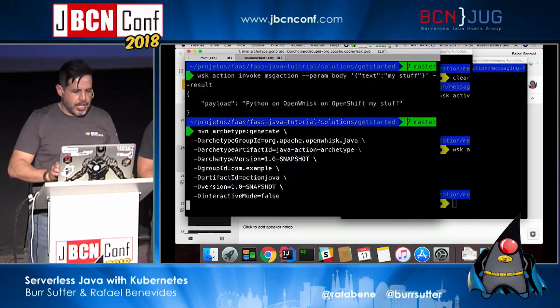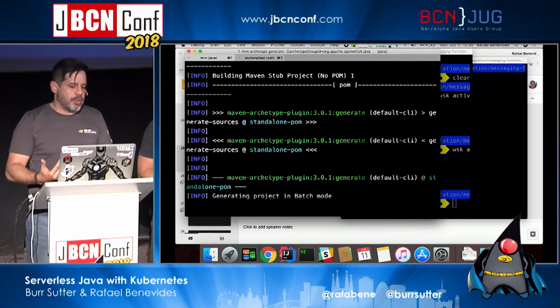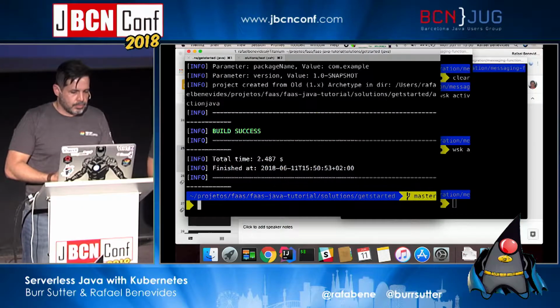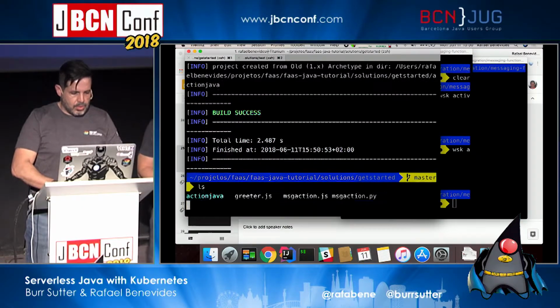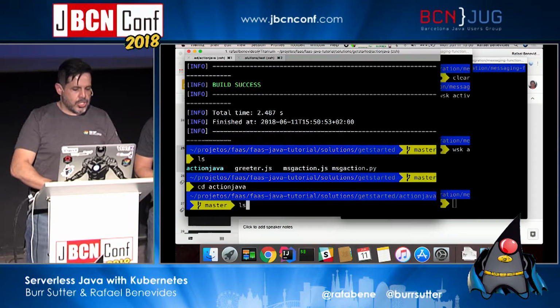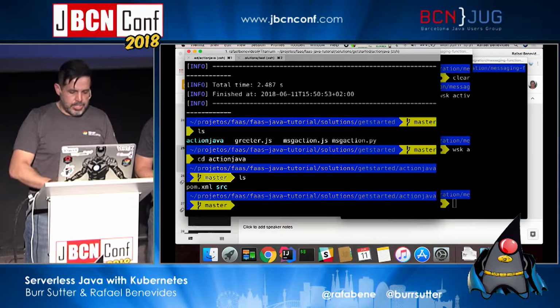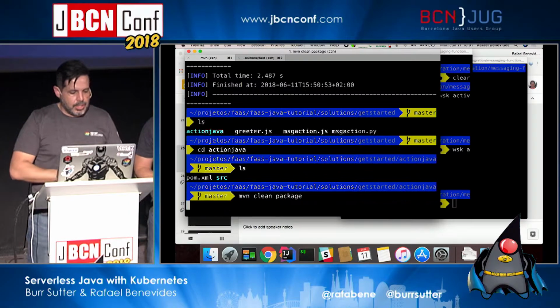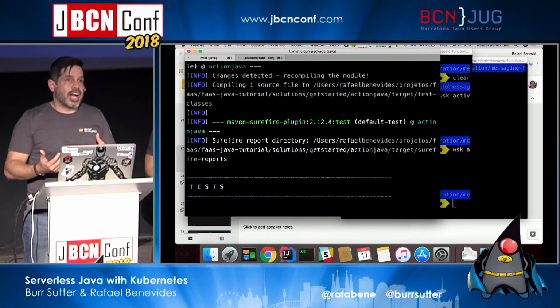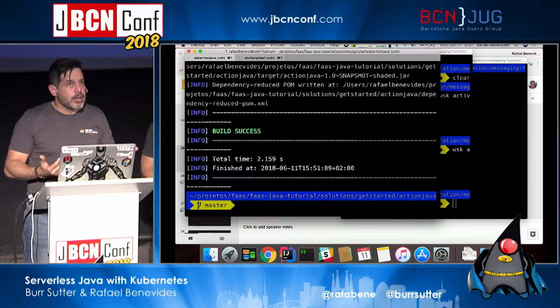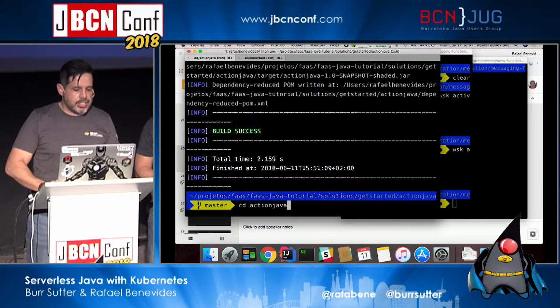Let me execute that. That will create a Java project for me here called Action Java. There's a POM XML that if I need to package that thing, is just do a maven clean package. That will generate a jar file, of course,